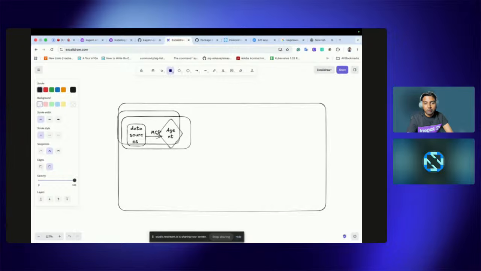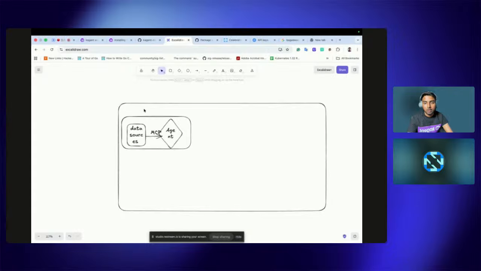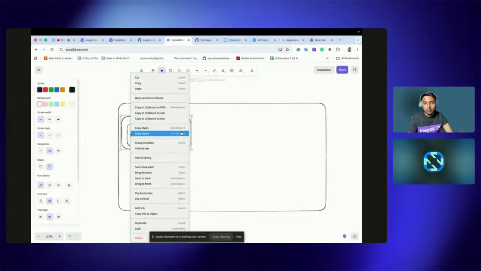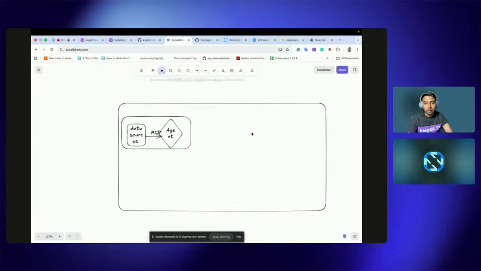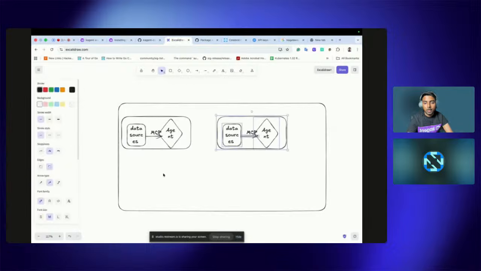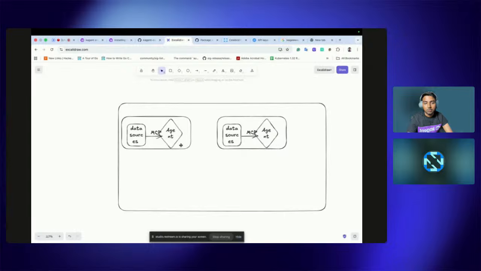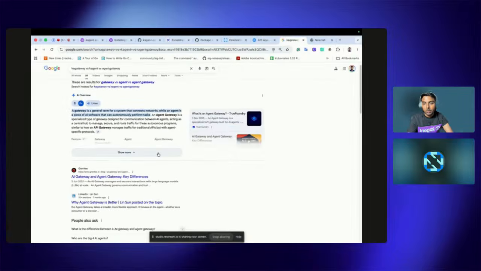Let's delete this part and copy. So we have two basically. We have two agents, agent one and agent two, and this agent gateway would help us to basically communicate between these two. I might be wrong, but according to this, agent gateway is basically a specialized type of